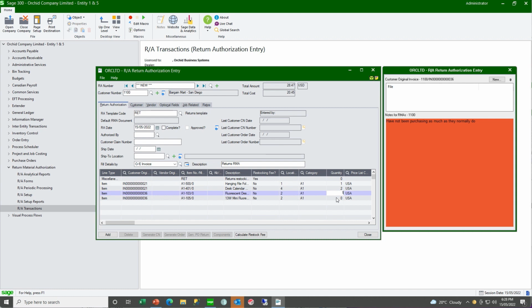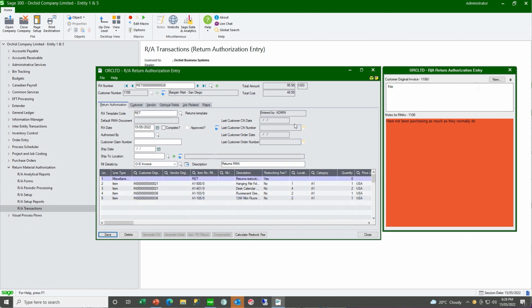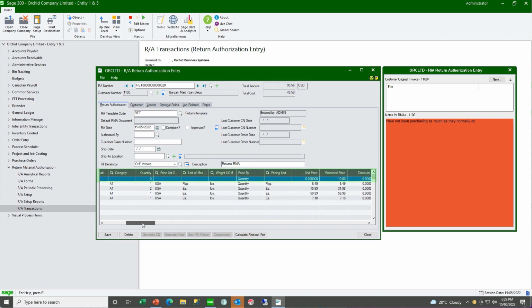And again returning 1 and 1. So the total cost of the RMA is at $95.56, and the restocking fee remains at $10 as per the setup of the miscellaneous charge code RET,